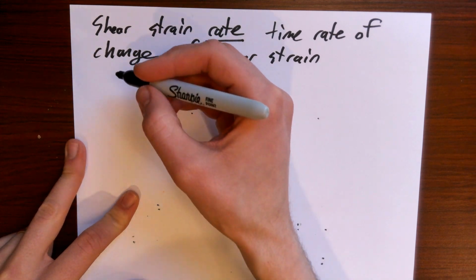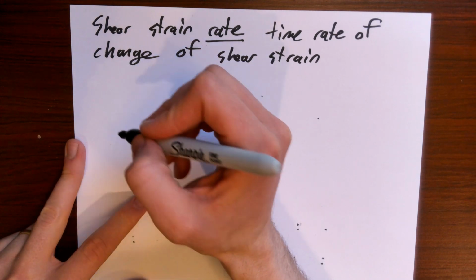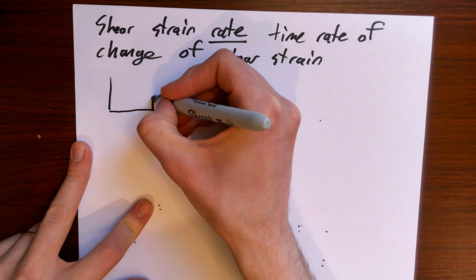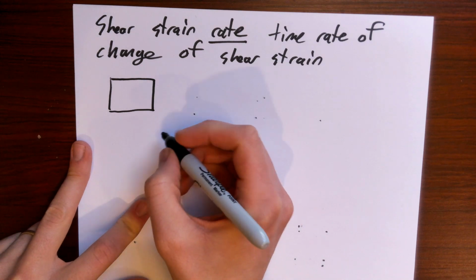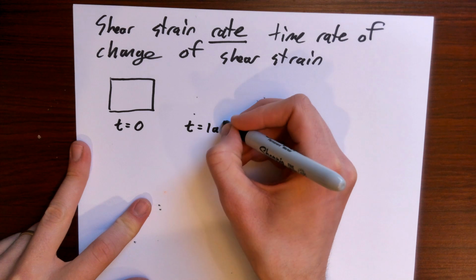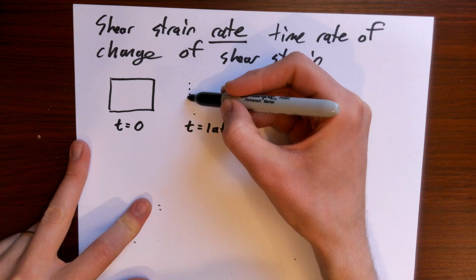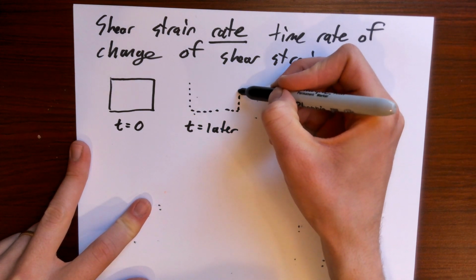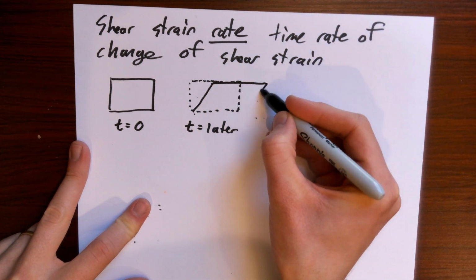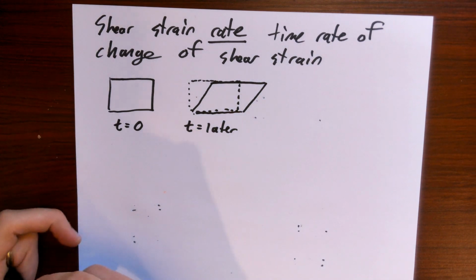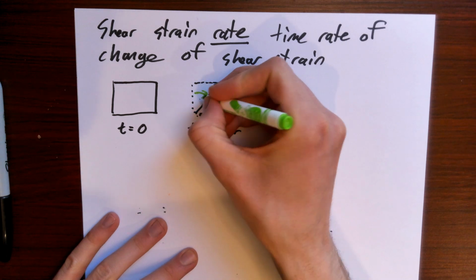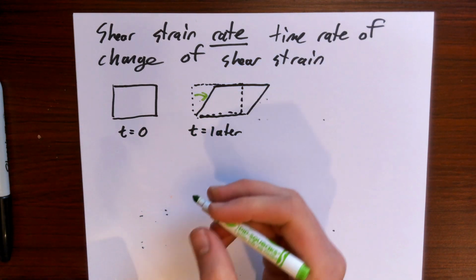If I have some chunk of material, let's say this is at time equals 0. If I had it at some later time, it will have deformed by some angle